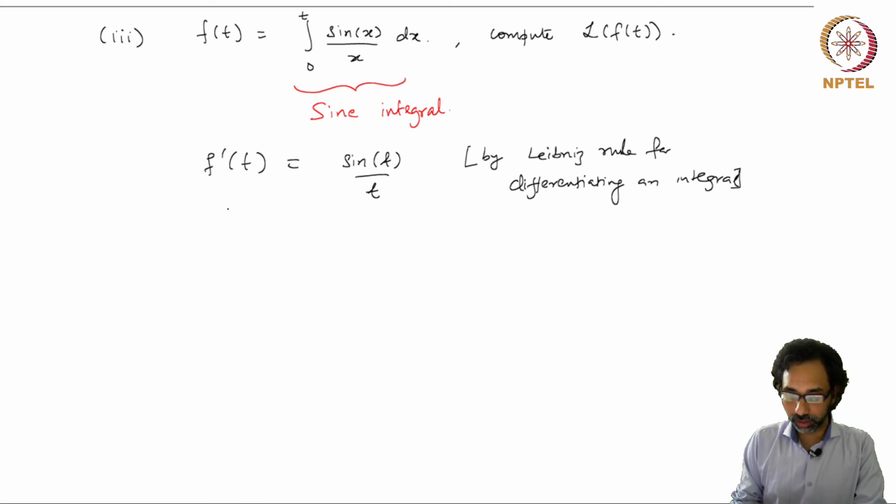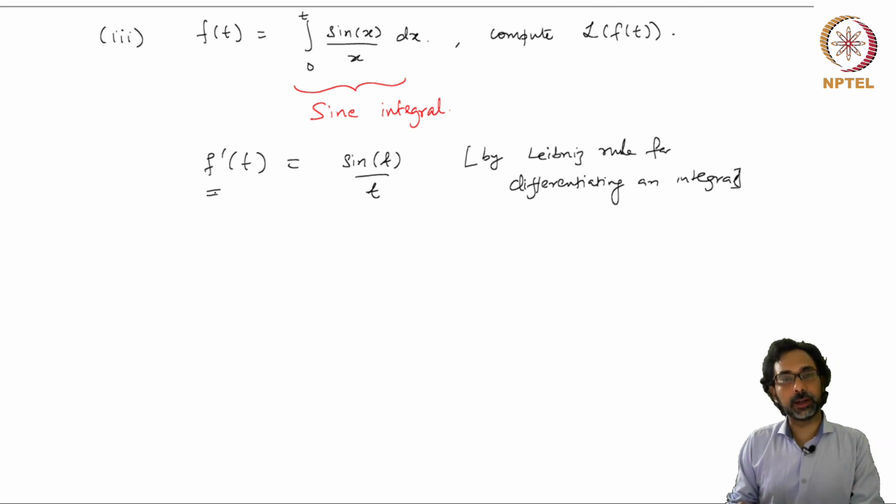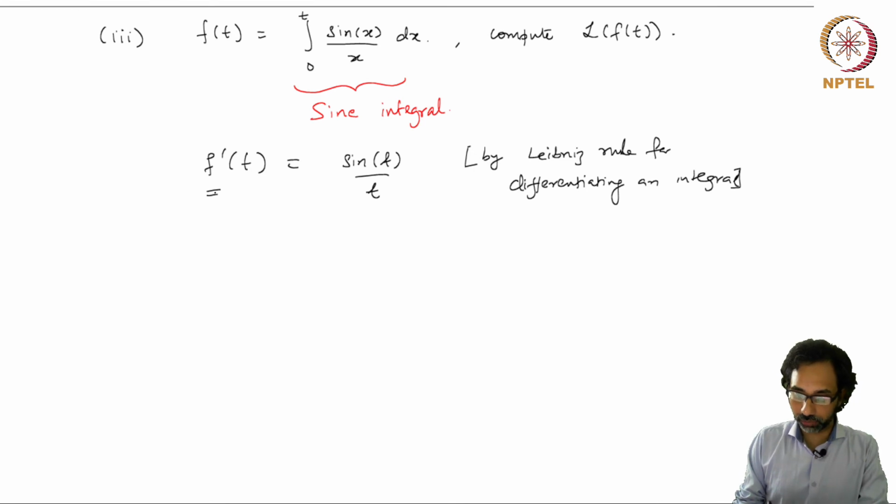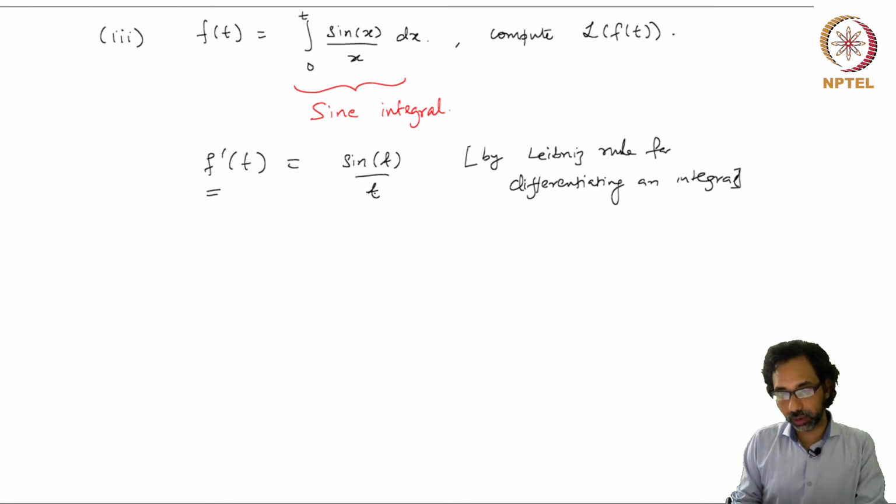So we can use the derivative theorem if we know that the derivative itself is piecewise continuous on 0 to infinity. So outside of 0, of course this is a continuous function,